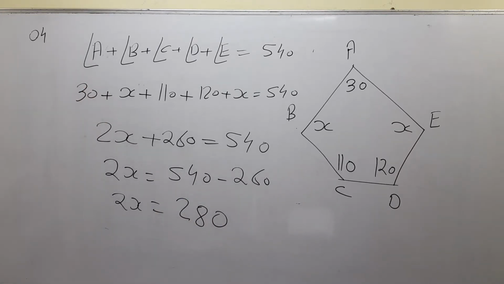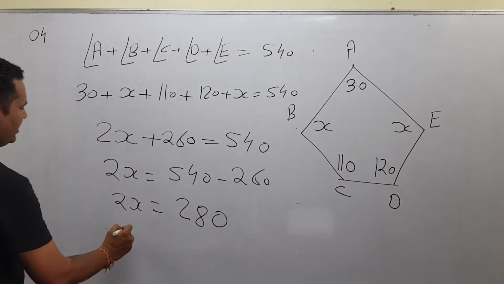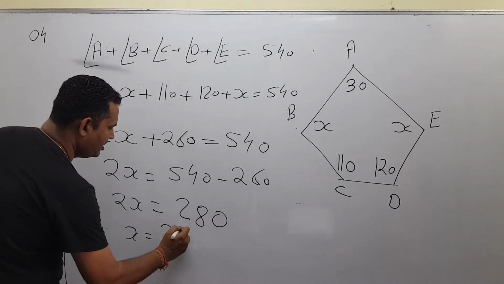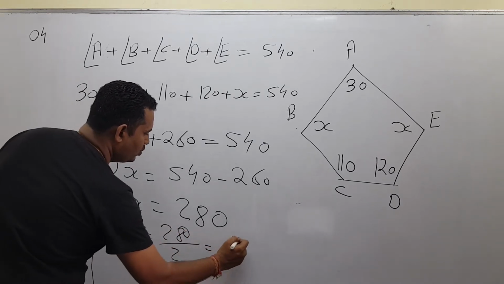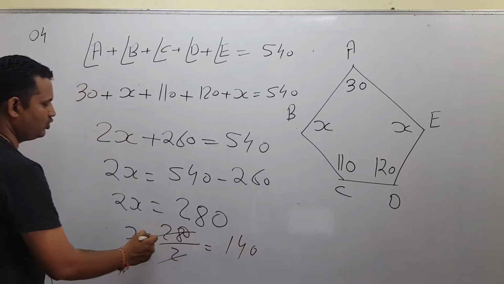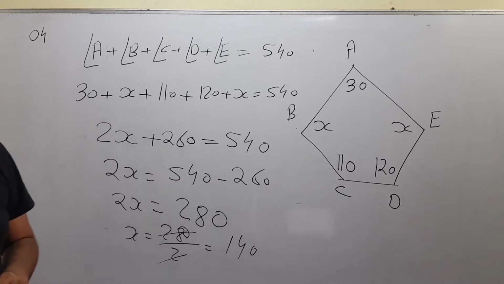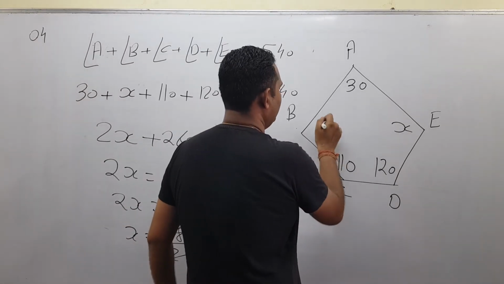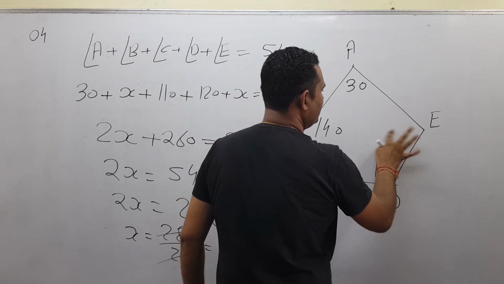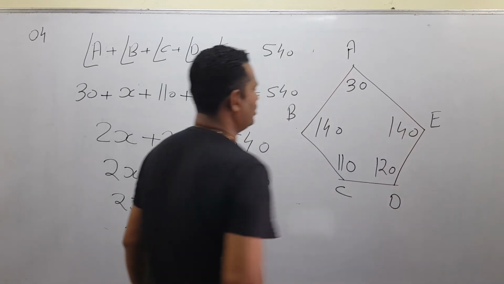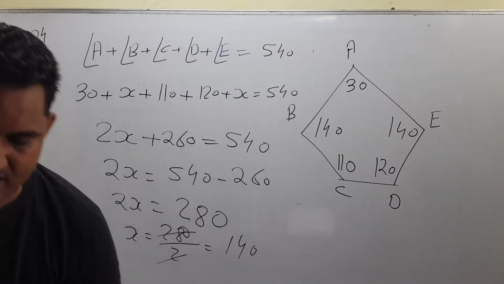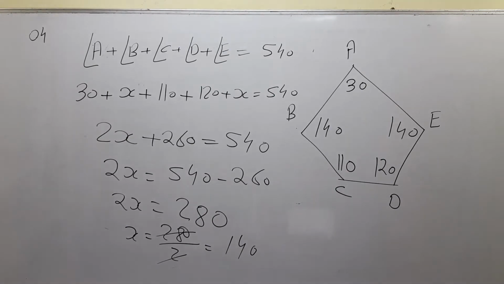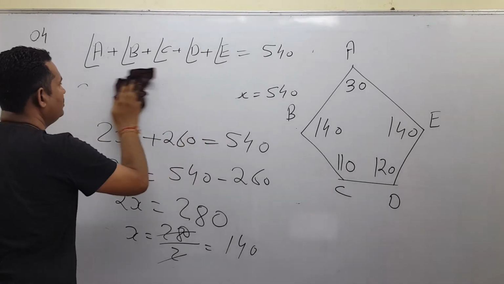तो जस्ट टेल मी व्हाट इज द आंसर ऑफ x. The answer of x is 280 upon 2, that is 140. कैंसिल हो जाएगा ना, 2 1 जा और 2 140 जा. तो आपके x का आंसर भी 140 आ गया है. गॉट इट? तो हमने सारे वेरिएबल्स के आंसर निकाल लिए. मेक इट फास्ट. चलो विल इंक्रीज द स्पीड ऑल्सो नाउ.